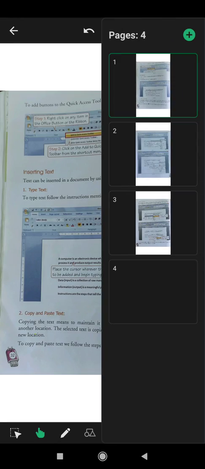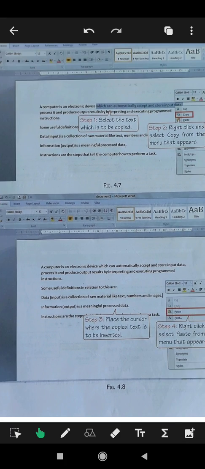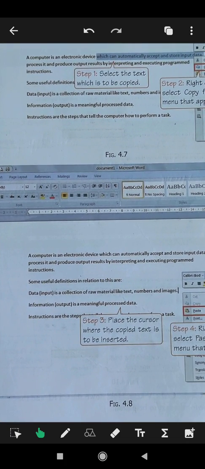This is what we know from copy. Now how will you paste this particular thing? This is our step number 3. Place the cursor where the copied text is to be inserted. So you will decide wherever you want to paste that particular document file. Suppose I want to paste it here. Step number 3 says, place the cursor where the copied text is to be inserted. So you will place your cursor.